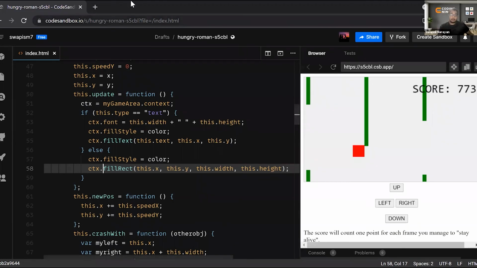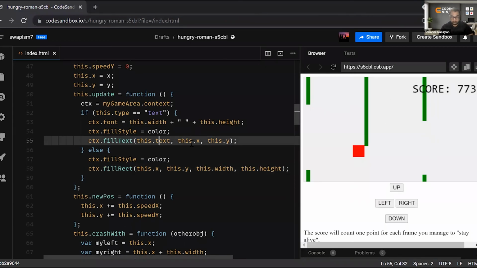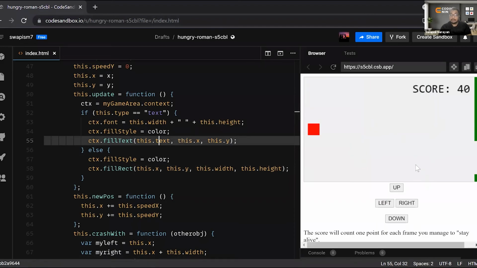Okay, guys, any other doubt? What is frame number? The screen frame is changing 50 by 50 every second, right?